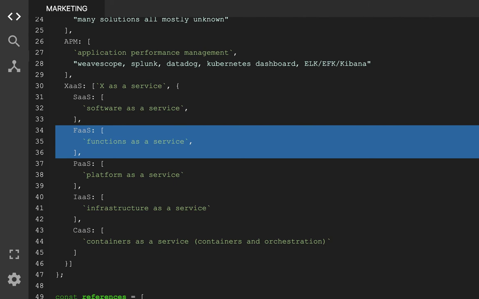But I'll tell you the sweet spot that I'm aiming for. I want a function as a service that functions pretty much like a little bit of each one of these. Containers as a service, you could actually have these functions running in containers. You could set up a service that is going to be deployed onto your own hardware, or onto Amazon hardware, or on Amazon VMs, Amazon FAS, whatever.